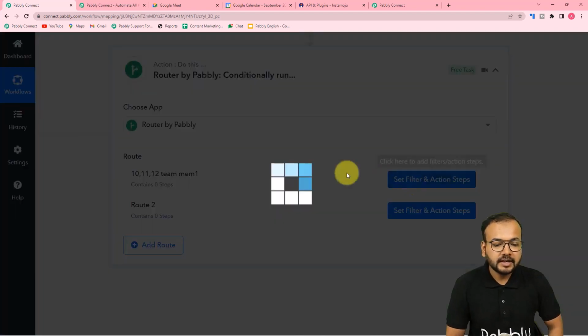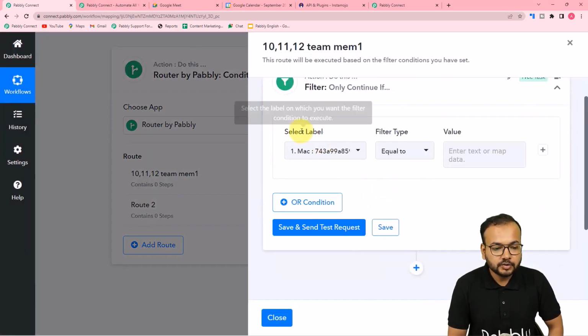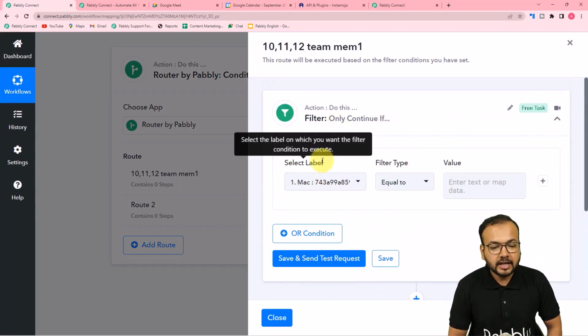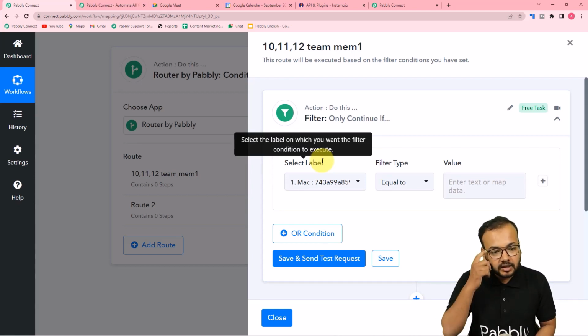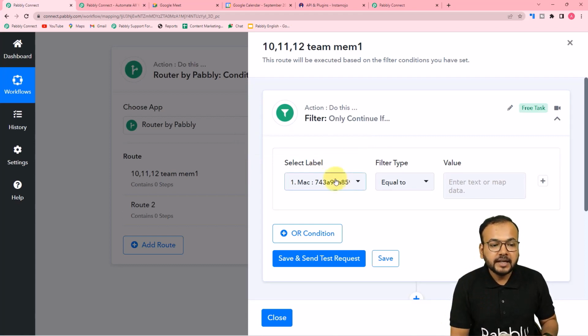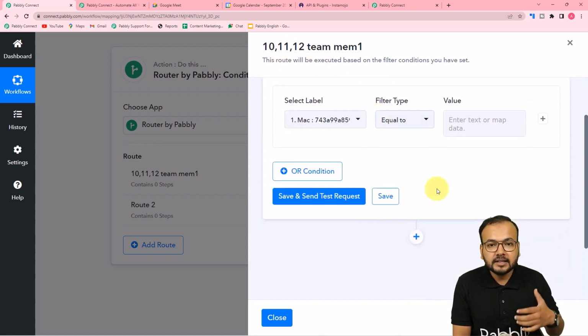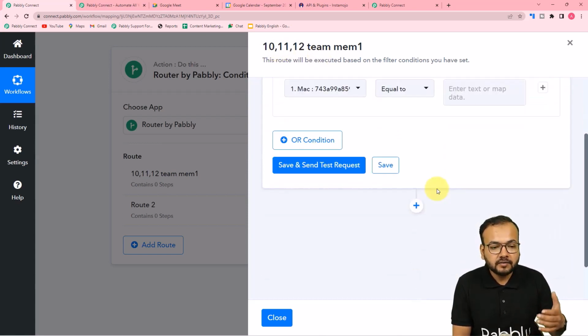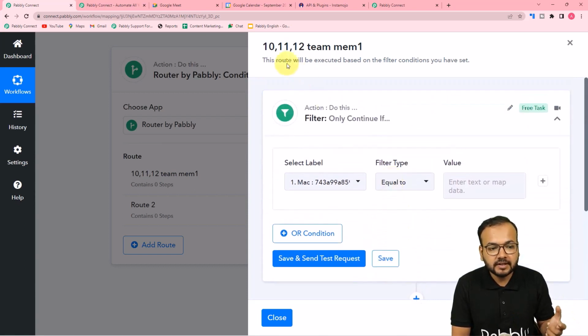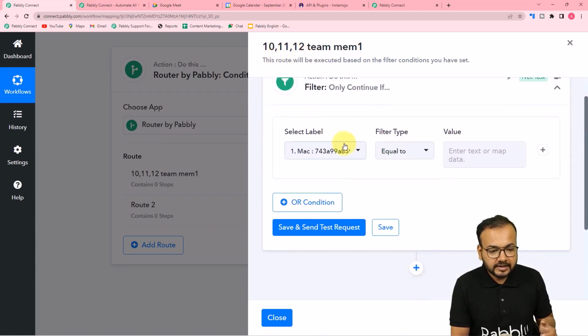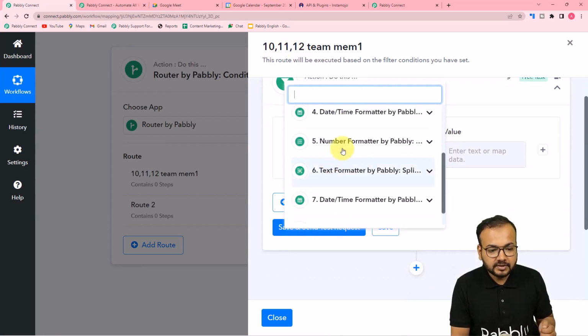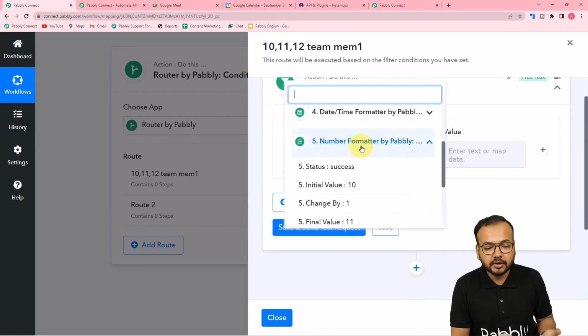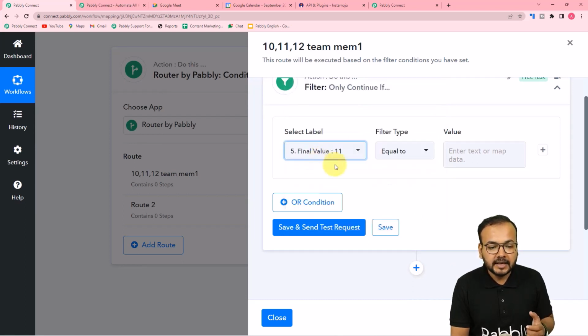Okay, then click on set filter and action steps, and here it is showing you the filter. So with the help of filter you can apply the condition on which you want to create the route. Okay, so my condition here would be when the counter shows you these 3 values, then create the meeting in Google Meet with this person. Okay, this is the condition, that when the counter shows you these 3 values. For that, just click here, and from the previous steps you will find this number formatter in which we have used the counter. From here, map the final value label like this,